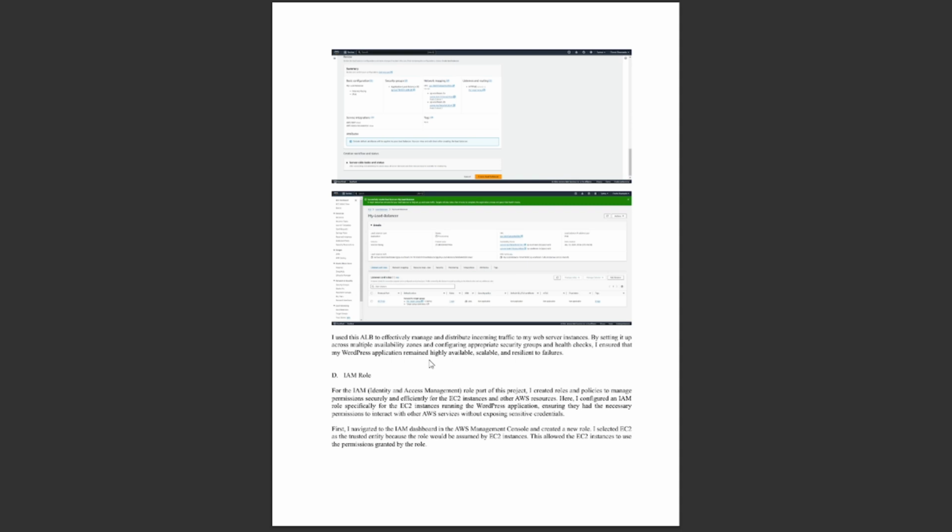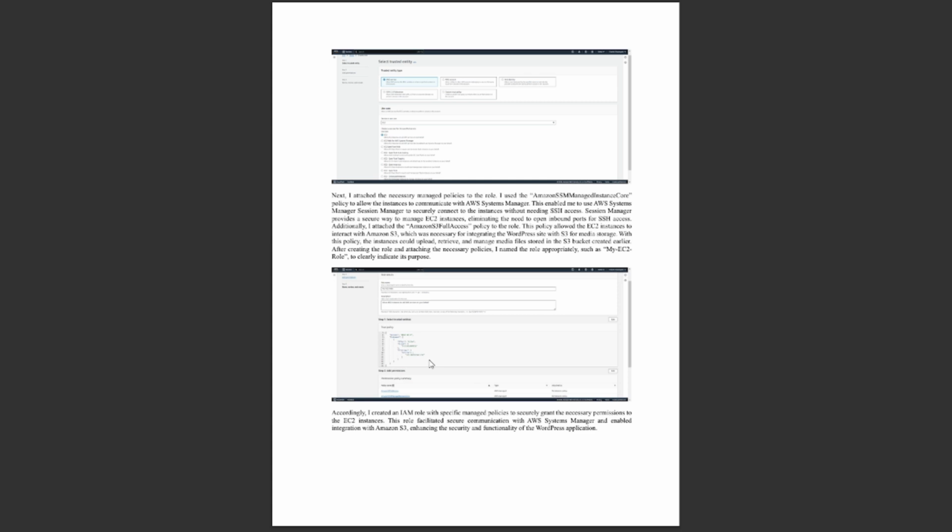Security is paramount in any cloud architecture. I created an IAM role for our EC2 instances, granting them the necessary permissions to interact with other AWS services like S3 and Systems Manager. This role enhances security by following the principle of least privilege, ensuring instances only have the permissions they need to perform their tasks. So here in this case I added two